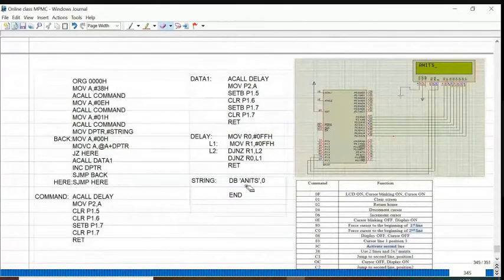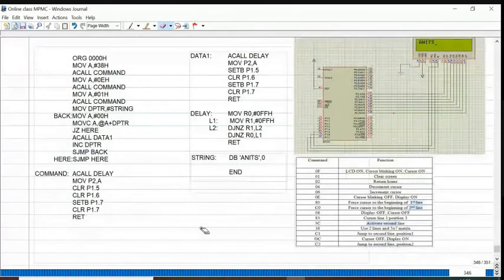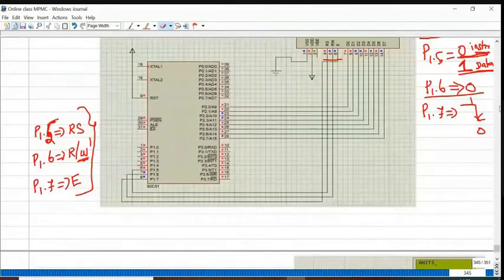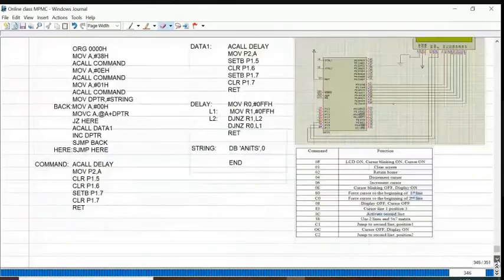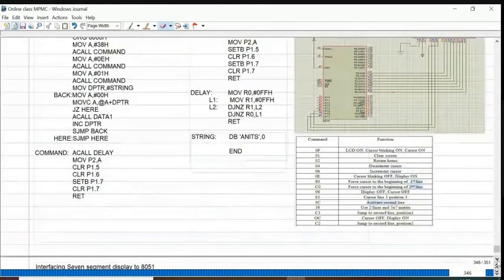String db, direct byte, some string value. So for your theory examination, this is sufficient. You have to explain LCD and interfacing diagram and program. But same concept available in your lab experiment also.